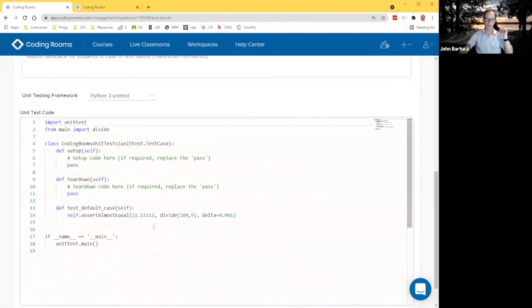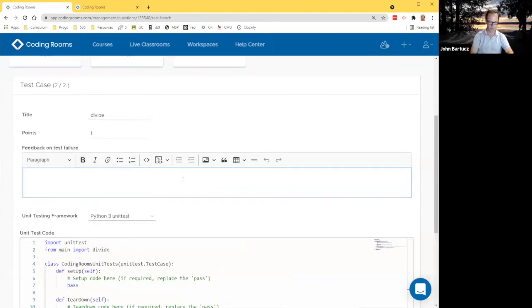Almost equals gives you the option to include a delta. So you can decide how precise your students need to be. For pi, maybe that's 100 digits. Maybe it's 1 digit. It depends on the level of your students, I imagine. But for 100 divided by 9, I'm thinking if they got the first 4 digits right, they probably got the division thing right. It would be hard to come up with something that has this amount of precision but is the wrong answer. So if I run this,